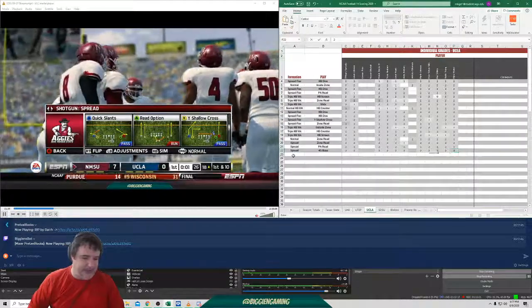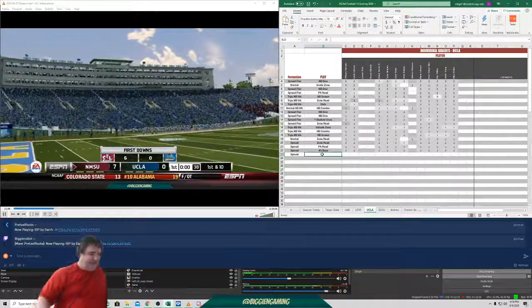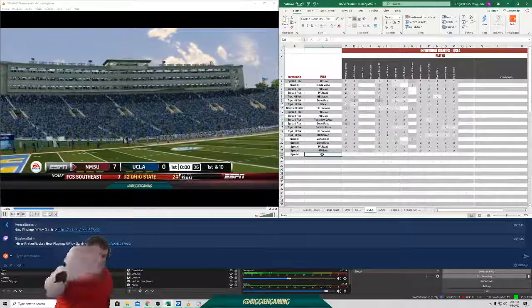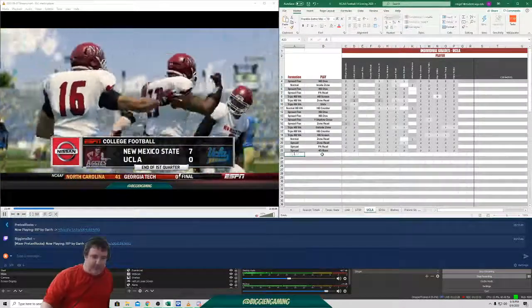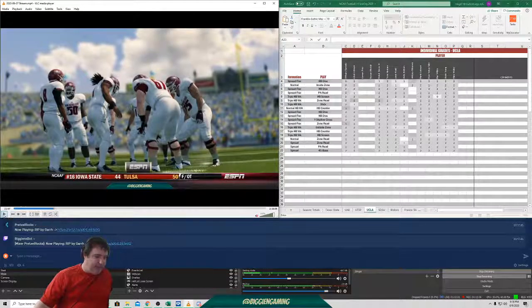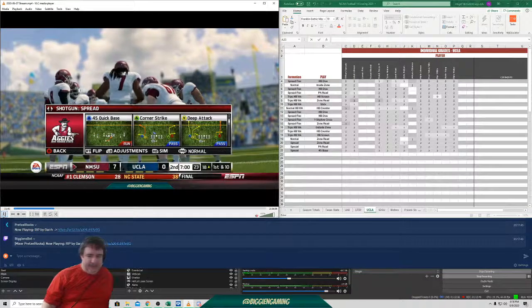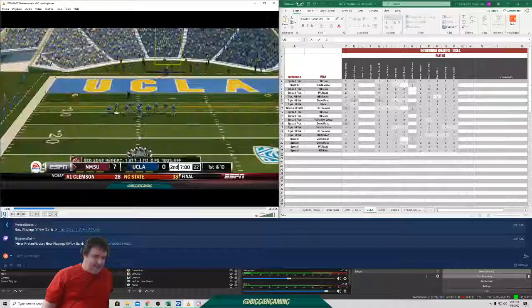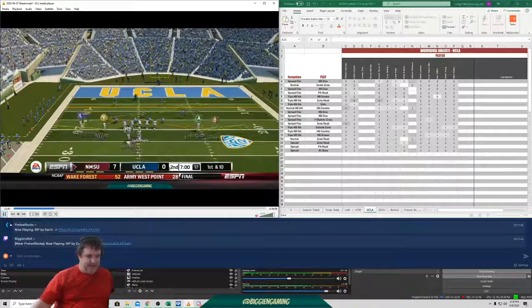But we'll stay in spread again. I get into a habit. Like I'm watching, and this is also why breaking down the film is kind of nice. You start seeing, are you in the habit of running the same formations? Well, I'm in the habit of the same formations. So that's the quarter. So far, we've run 18 plays in this game in the first quarter. That's a lot of plays for a stupid video game, I'm not going to lie. Now, it helps that my defense gave up like 75-yard touchdown runs, and that's why I'm just trying to eat up the clock as much as possible. That's part of the reason.